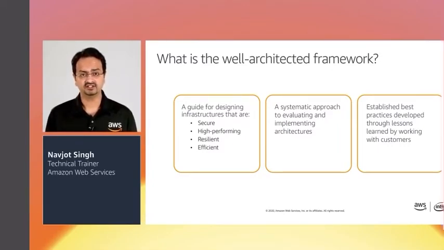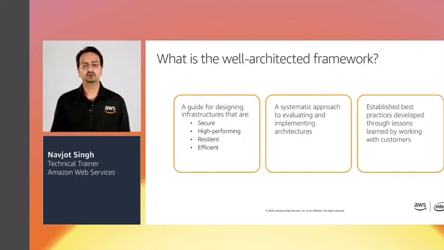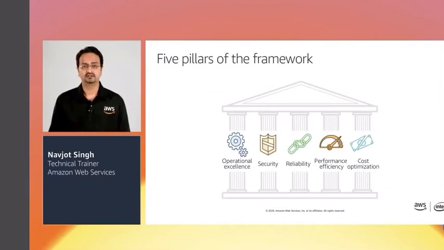The framework assesses architectures by asking customers a series of questions across 5 well-architected pillars. These questions assist customers in determining if they were well-architected in the AWS cloud. The 5 pillars of the framework are operational excellence. This looks at the ability to run and monitor systems to deliver business value and continually improving supporting processes and